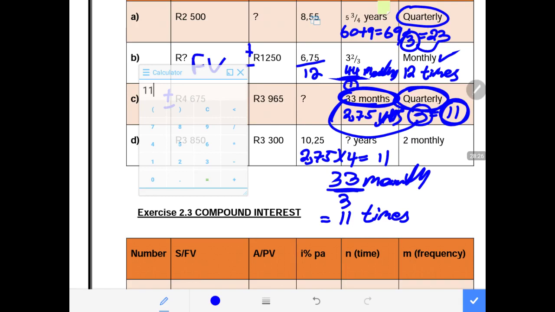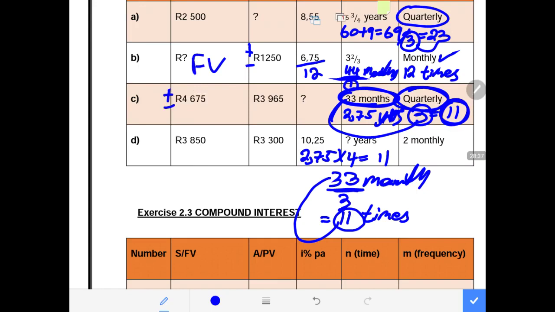I hope I've made myself very clear, guys. This dynamic is very important in compound interest, and you'll be dealing with it also when you deal with the topic of